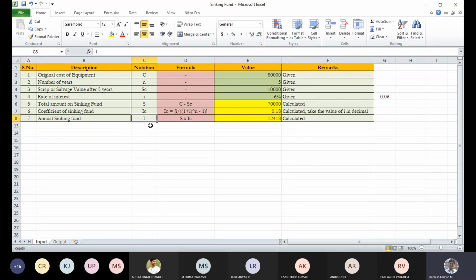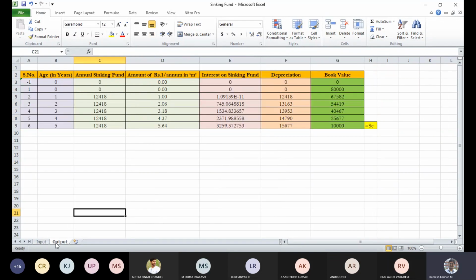Then this is pretty simple: capital S, which is nothing but the original value minus the scrap value. So 80,000 minus 10,000 is 70,000. 70,000 multiplied by 0.18 will become the annual sinking fund. And here, a very interesting thing is we have to do minus 1. Even though it has not much implications, we will be putting it as minus 1,